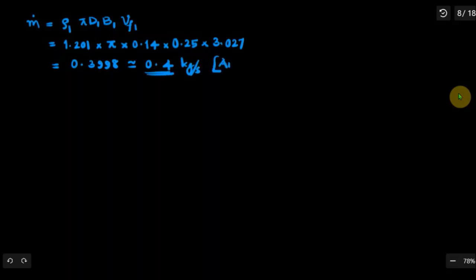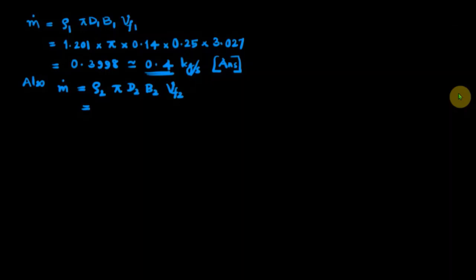The mass flow rate through the compressor based on inlet condition or outlet condition, if you calculate, both of them will be, or should be, the same. Mass flow rate is constant when you consider the compressor as a steady flow device. Now we also have the outlet condition. What is the outlet condition? The same m dot is equal to rho 2 into pi d2 b2 and Vf2. Vf2 is equal to Vf1, and rho 2 we calculated,